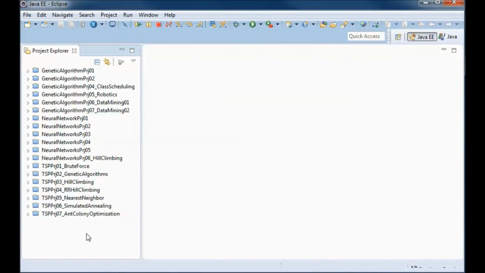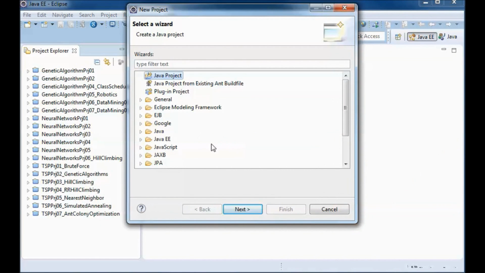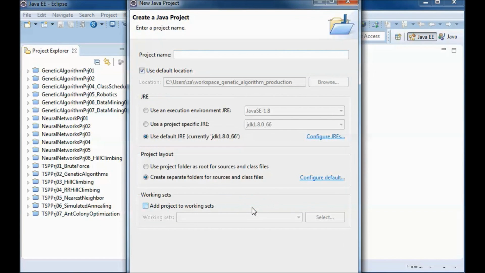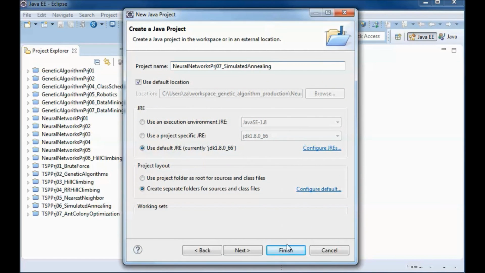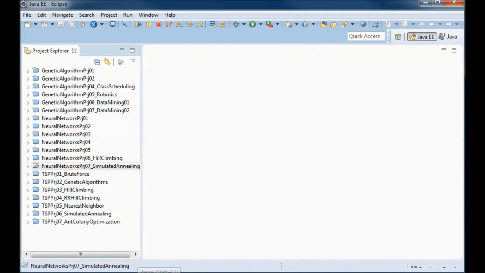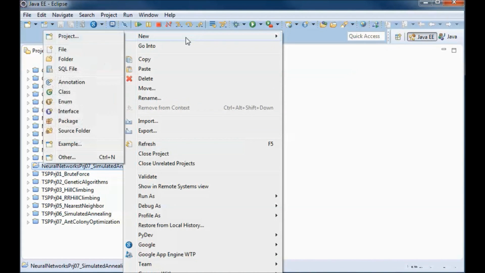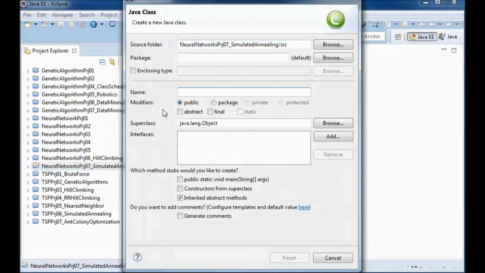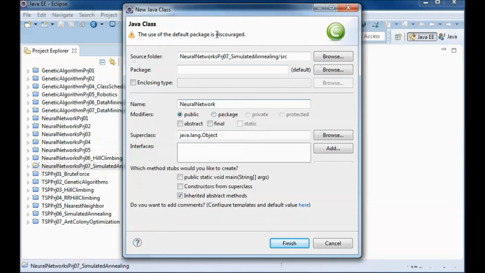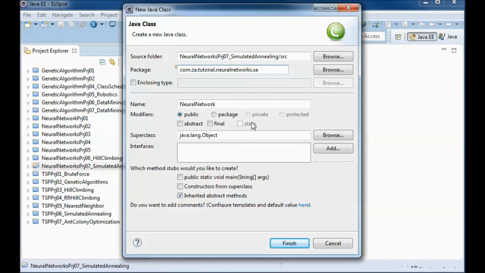I will start by creating a new project. And here I will have a neural network class, and it will be in this package.